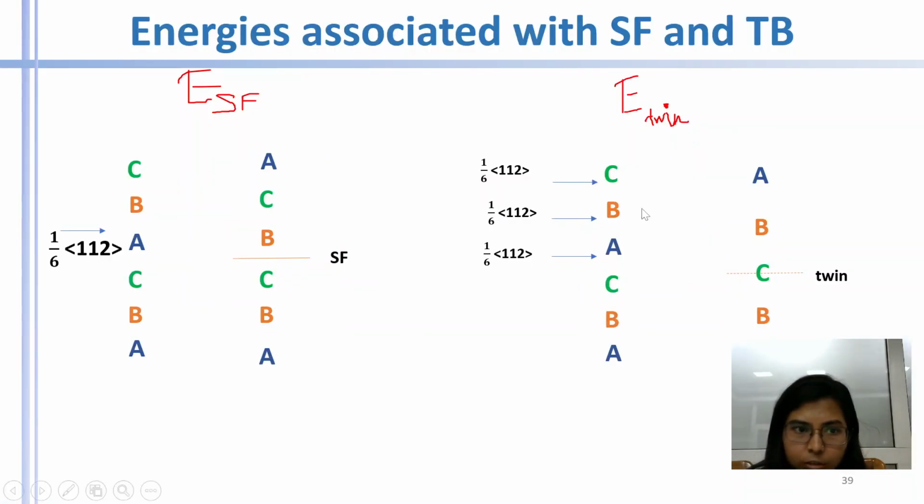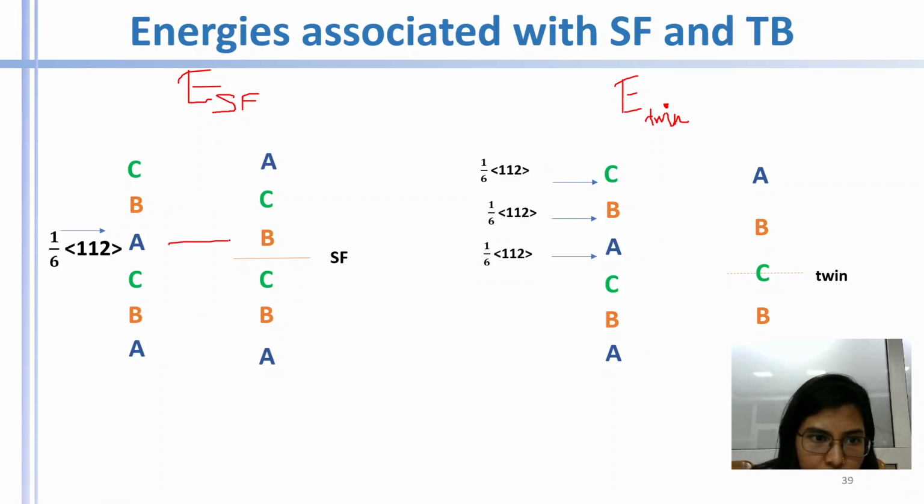Okay. So now let us start from the beginning. We will understand the energies associated with the stacking faults and the twin boundary. At first we will look at the stacking fault. Here only this layer has moved, giving rise to a stacking fault. But here all the three layers have moved such that this